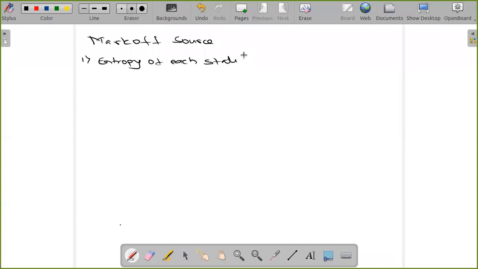In order to calculate the entropy of each state, we have a formula: Hi equal to summation j equal to 1 to n, Pij log 1 divided by Pij, right? And also we require